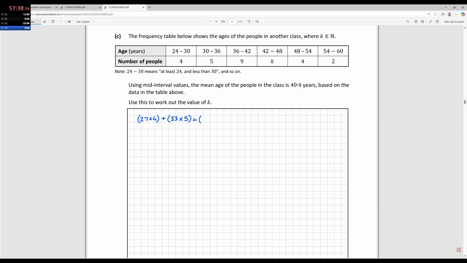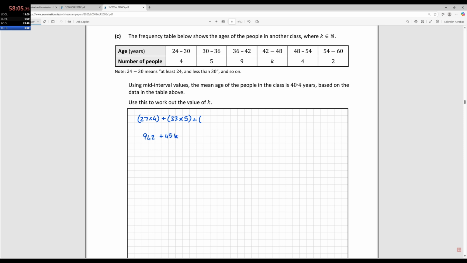39 times 9, which is 351, I think, 351. And then we'll skip k, and we're going to say that is 51 times 4, which is 204, and then we're going to say 57 times 2, which is 114. They were nice with the numbers, I'll be honest. So that's all going to work out to be 942 plus